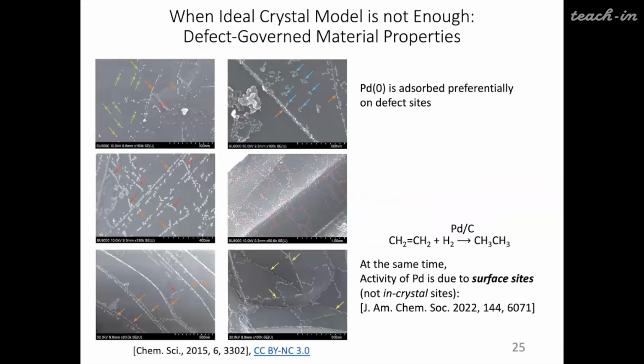However, considering an ideal crystalline solid can sometimes be not enough. So some materials, properties of some materials highly depend on defects on their surface. And if we consider carbon materials,